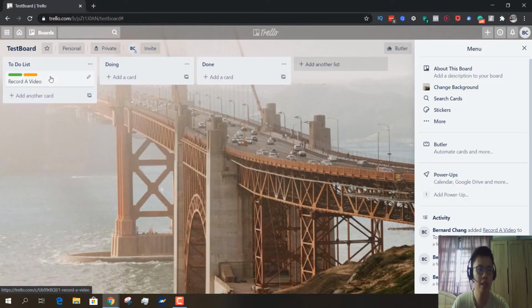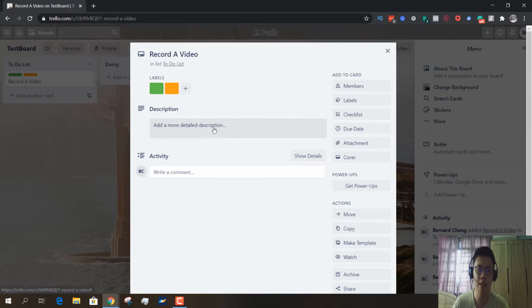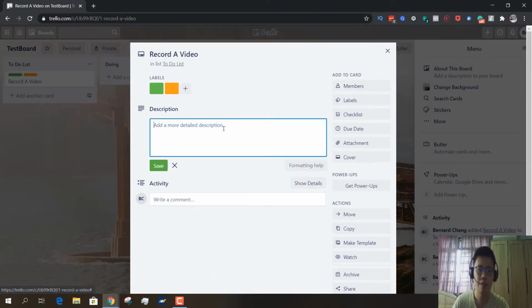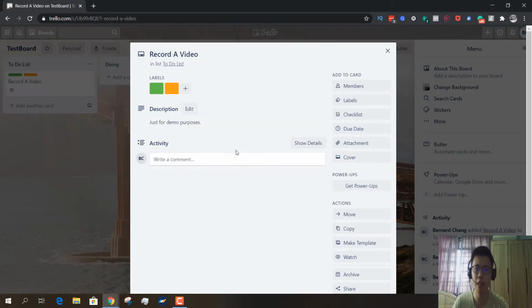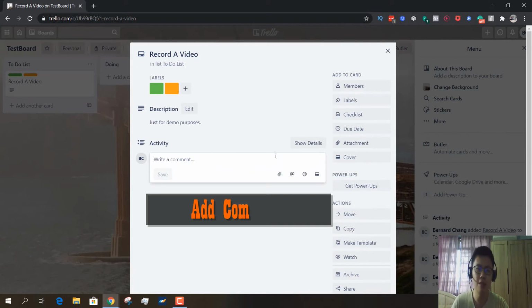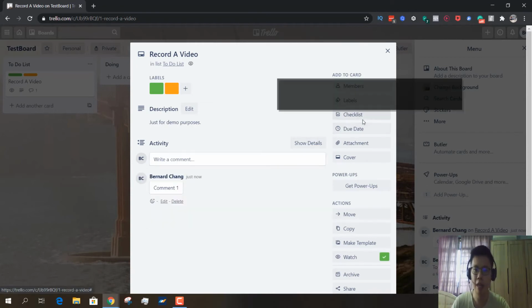Okay, so once you create a card, just click the card. You can see inside there's a description for you. Just for demo purposes, for the description, put any description that you feel comfortable with. And this activity will be comments. Let's say this is something you want to keep yourself updated. You can just click here, comment, and you can have a